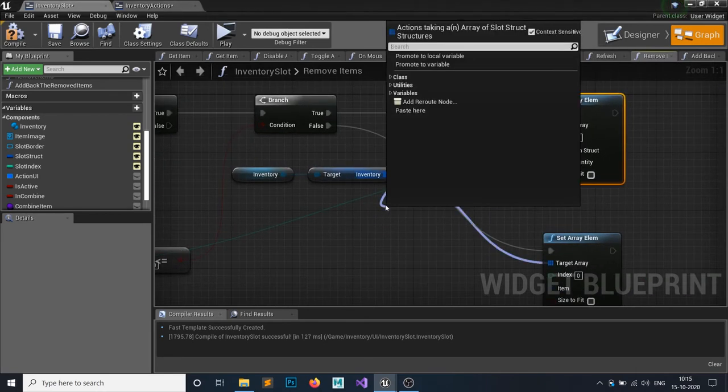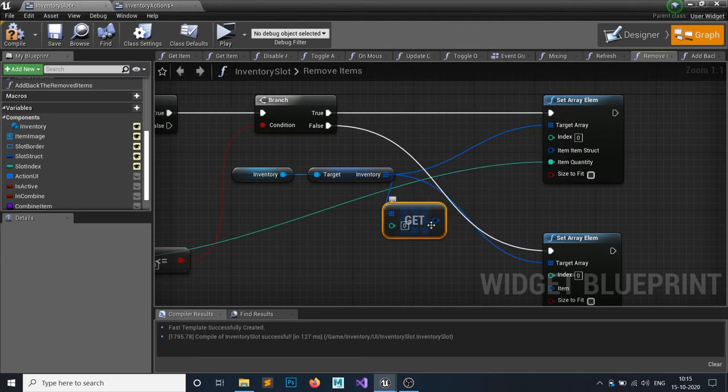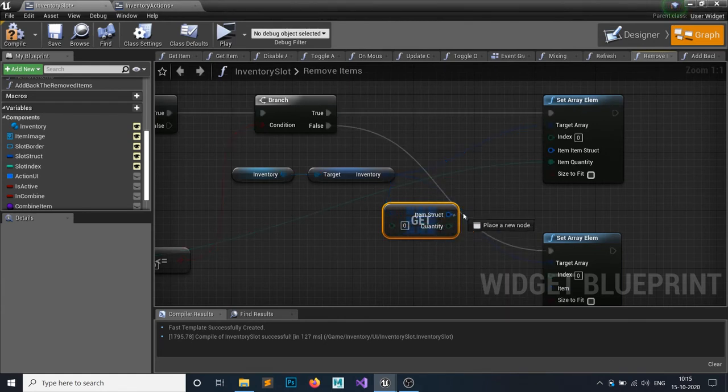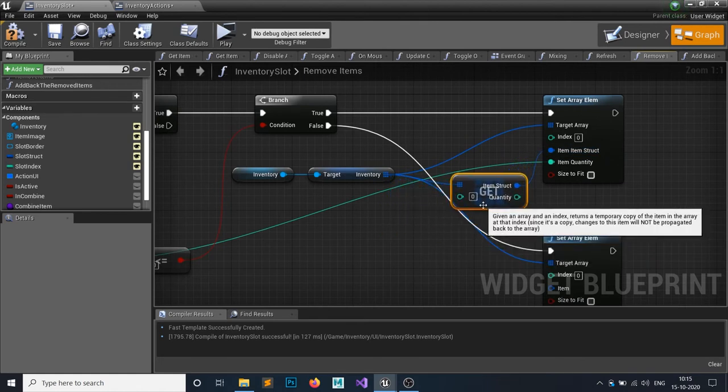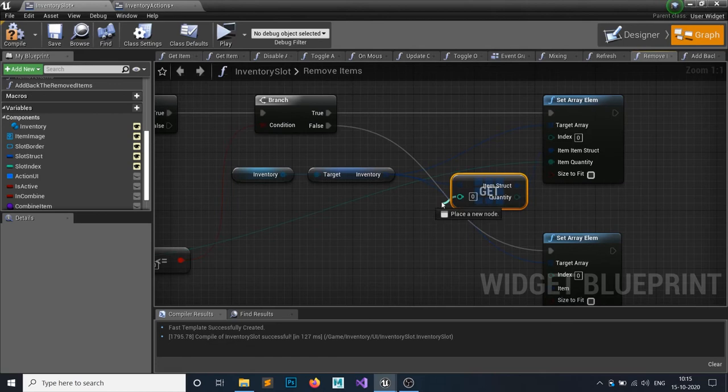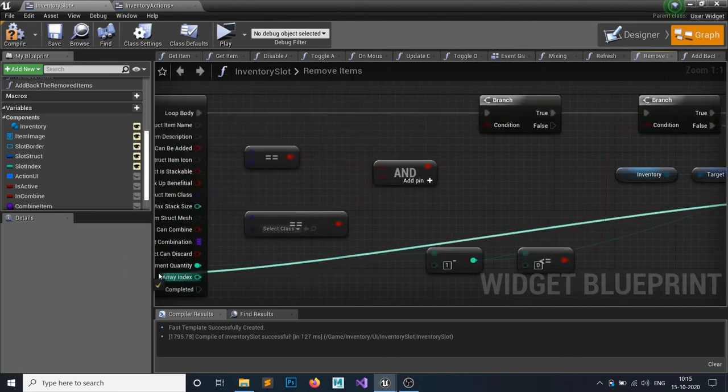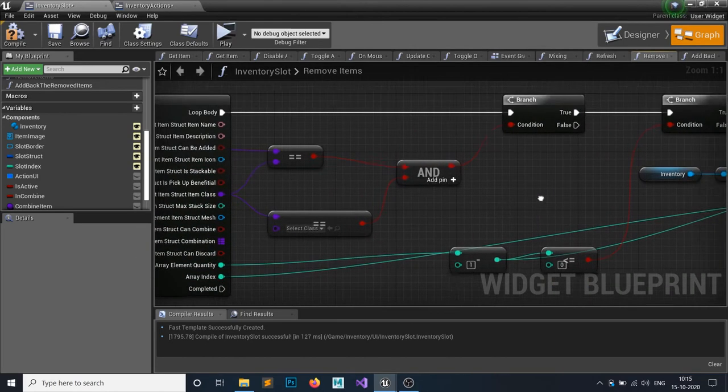For this item structure, from this inventory, get a copy. Make sure you get a copy, not a reference. And for this, just right click to split out this structure and attach it to this structure, right? The index would be this index, the array index.